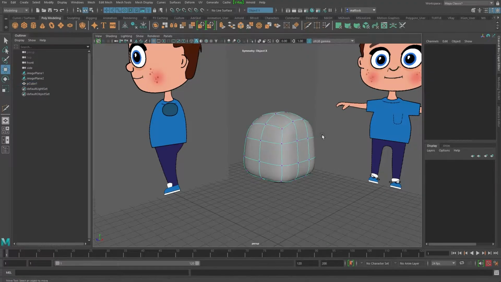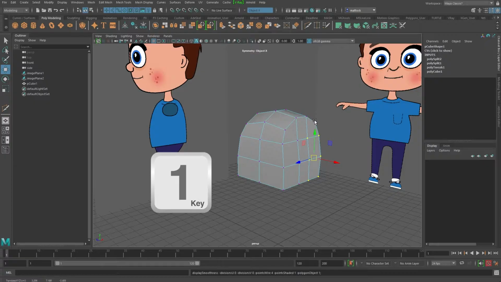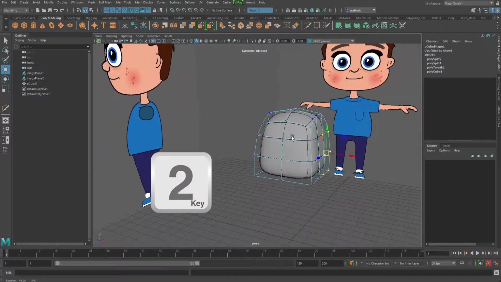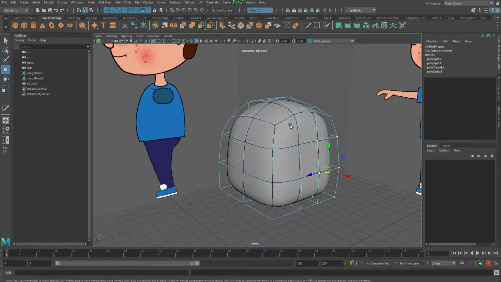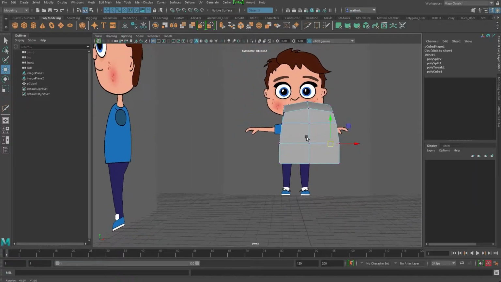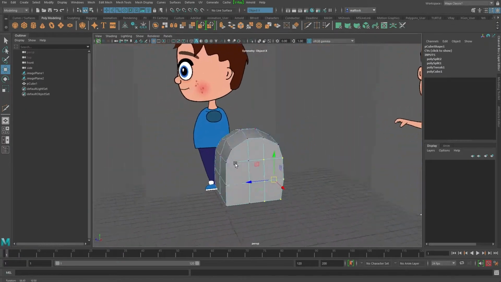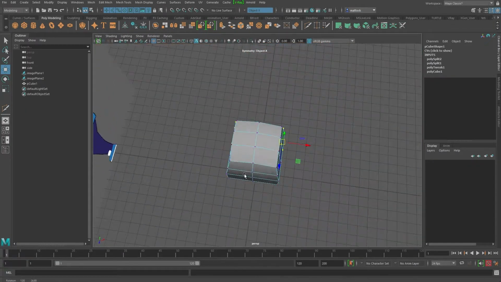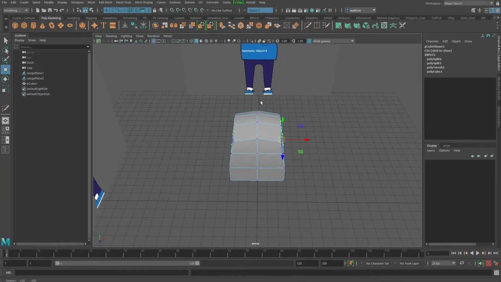You can also work like this, so sometimes I work back and forth and then hit the 1 key to go back. There is an option as well, 2 in the middle, which gives you both. So it will give you your low res mesh cage and your smooth cage. I tend to only work in 1 and 3 though, especially in these early stages. That looks good.